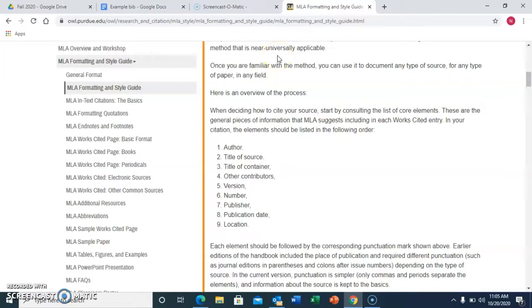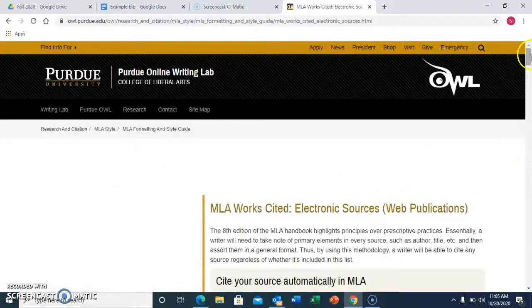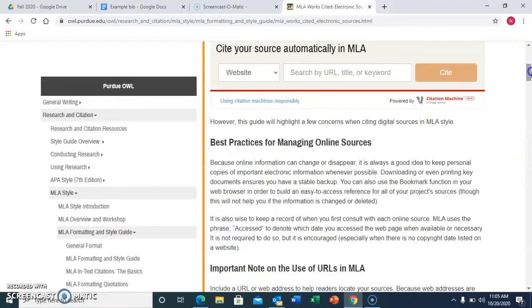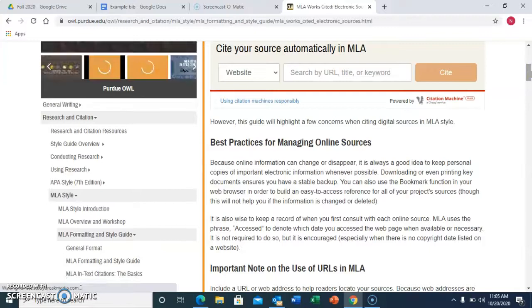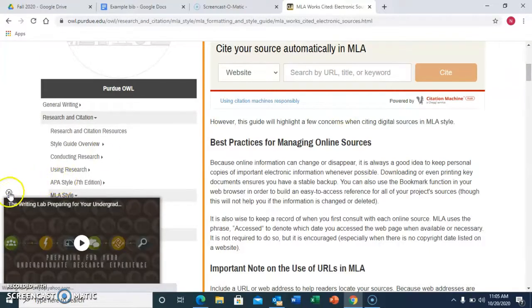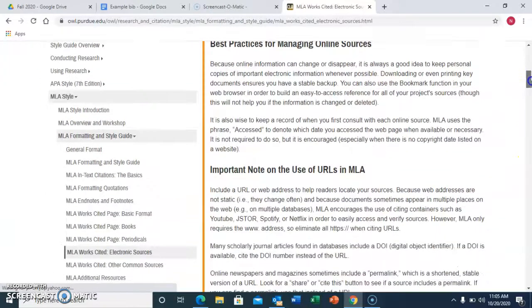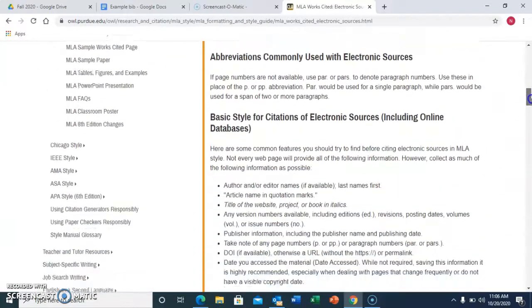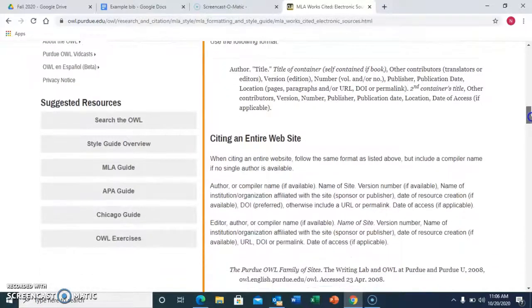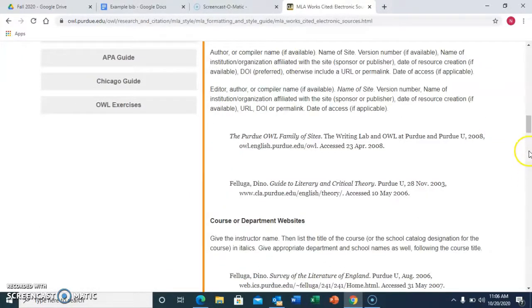So before I get into doing Anthony Bourdain, I want to point out there's all of these different variations and different ways that it has classifications. Almost all of you will be pulling predominantly from electronic sources or online sources, so you will mostly all live here. Even if you were pulling from an article from a journal that exists in print, if you didn't access it through print, it's better to just go online. You're always going to want to be as specific as possible when you do these. So again, here are the options we have here.